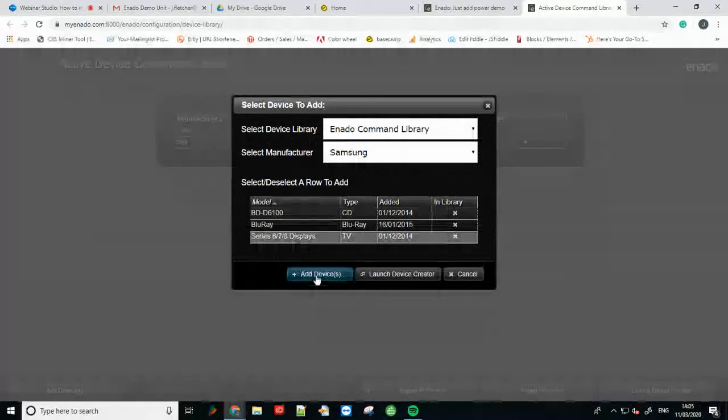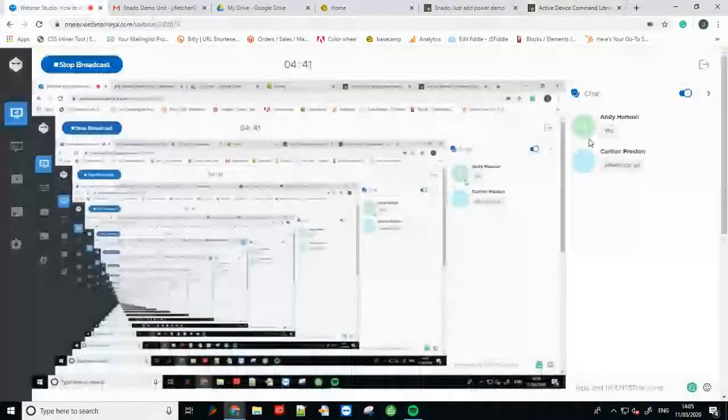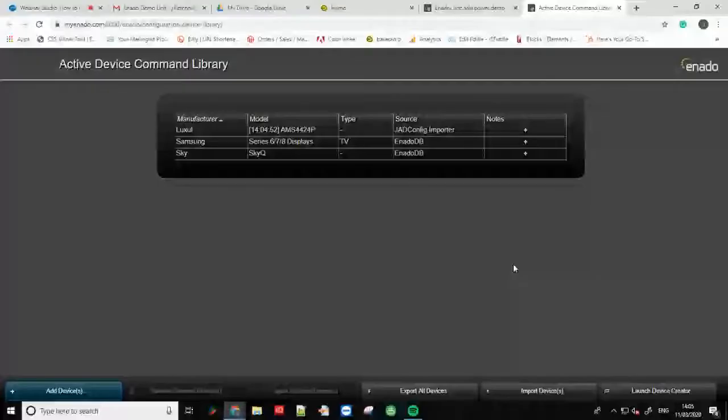So let's just add a TV in. Okay, great. So that's what we're going to work with today. So it's just a very simple setup. Now, what we're going to do next, now that we've done that,